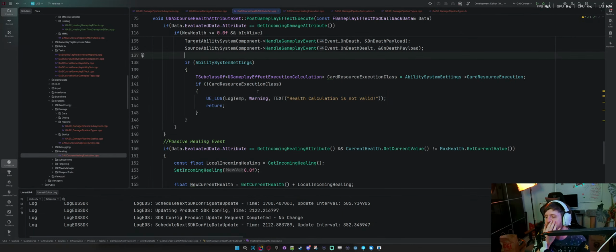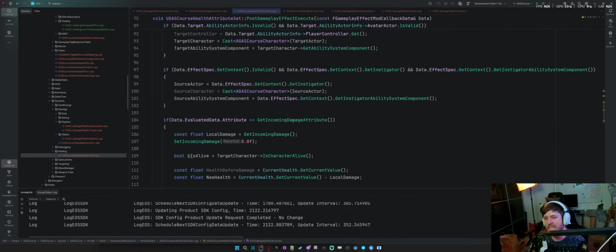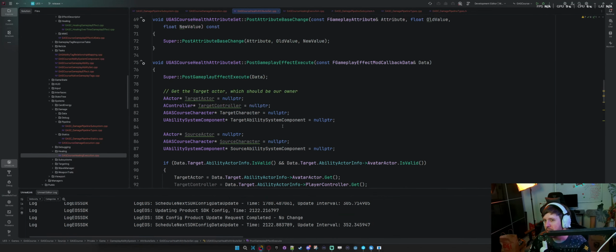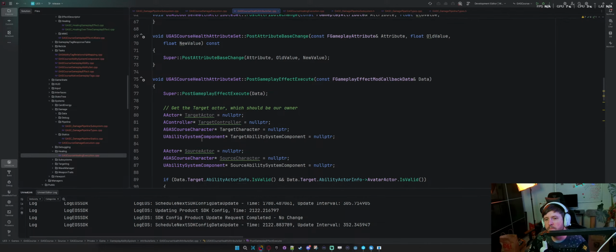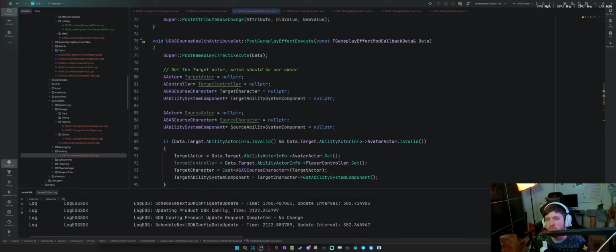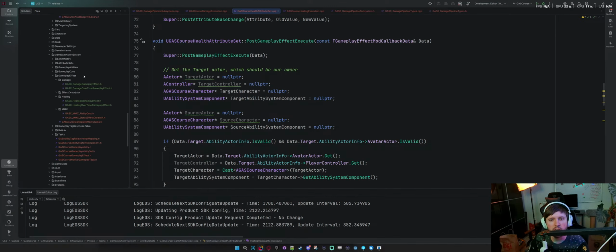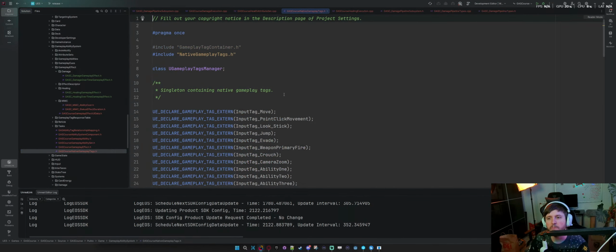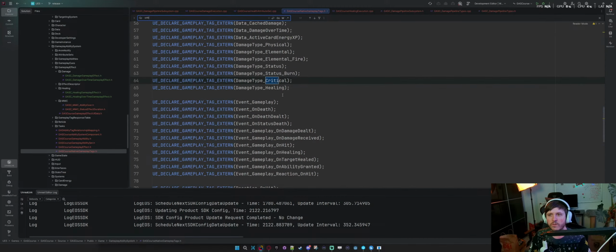But yeah, I want to test if my passive healing still works, but I also want to be able to see if I can pass in whether or not it was a critical hit. So yeah. Do I have a tag for such occasion? Let's go to my native gameplay tags. Is there anything in here that says critical?